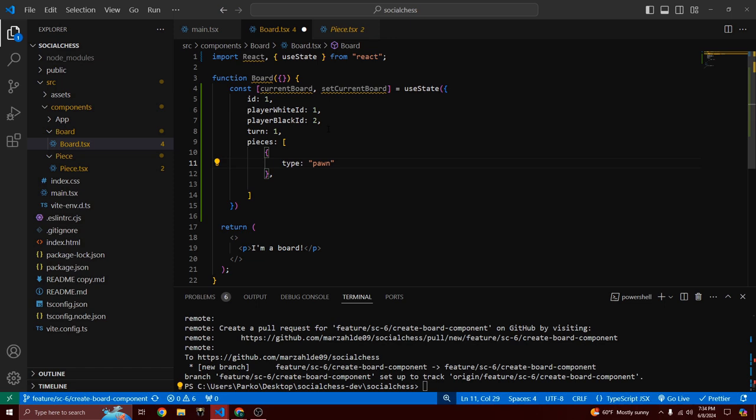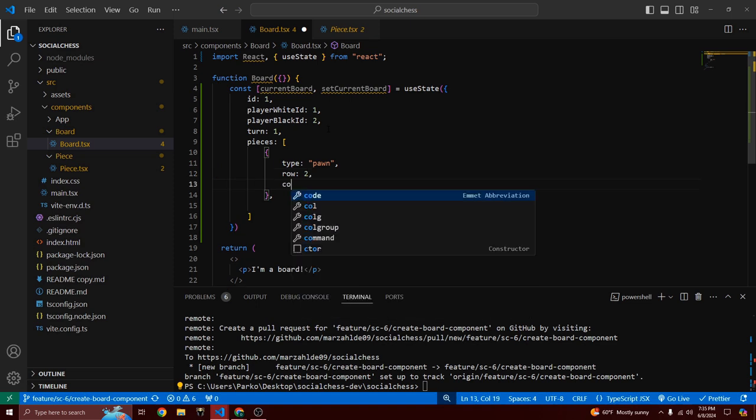So type pawn. Row we're going to be on row 2. We're going to have white pawns all on row 2, which means black pawns would be on row 7. And I am not going to zero index this because you would not zero index them in chess. We'll also change that to rank and file probably eventually, but for now, just my visualization. Row and column, thinking of the chessboard as a table, just makes so much more sense to me. Row, column, we'll just say col. So this will be col A